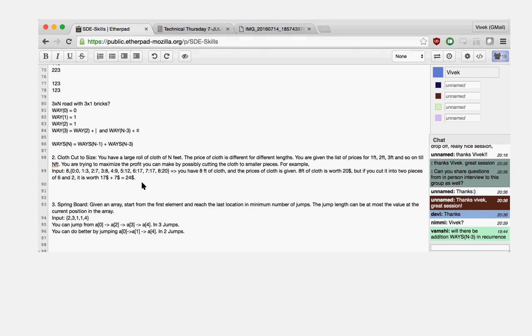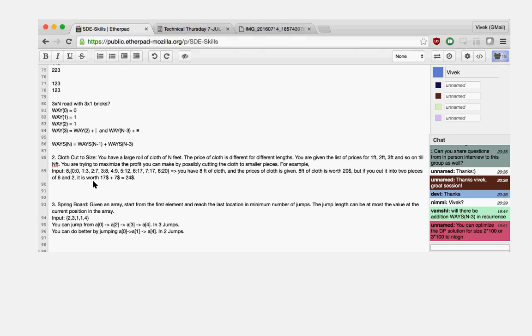I mean, different people use different ways of depicting the same thing, but essentially what you're looking at is you're given a big bundle of cloth, and you're given the price for different lengths. So if you're given an 8-foot cloth, the price, if you look at the line, it says